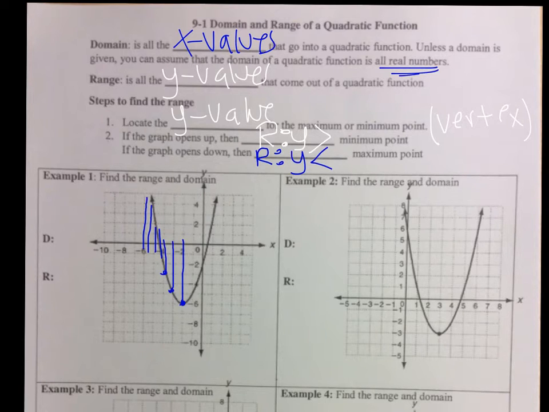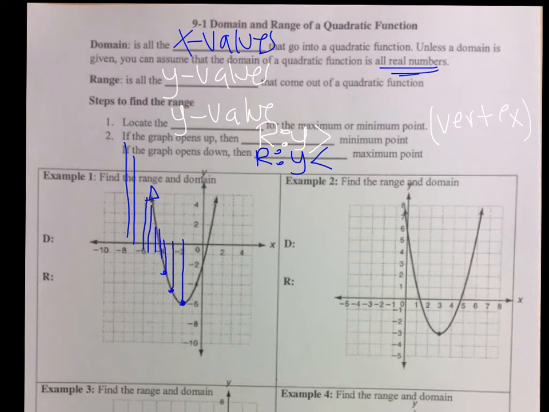And we have an arrow that keeps on going. That arrow just means that the graph is continually going to go. So if it continues going, since we don't have a big enough graph to see it, we can't see where it's going, but it's going to continue in the same direction. That means that -7, -8, all of these x values are going to be